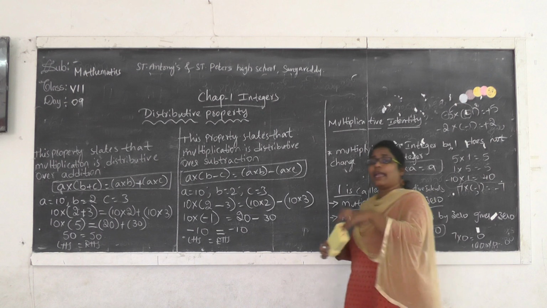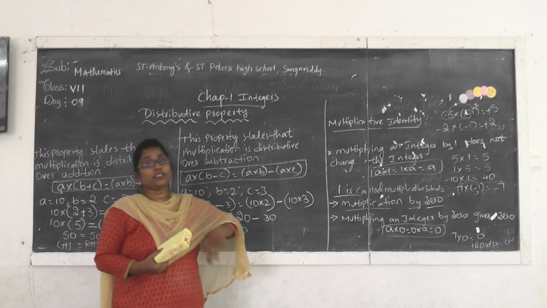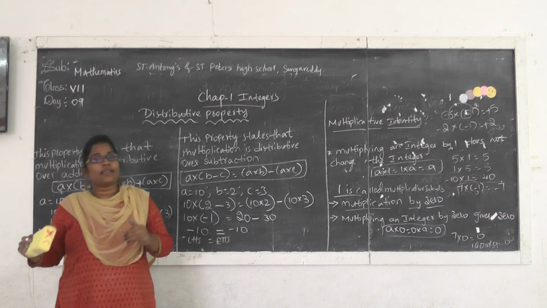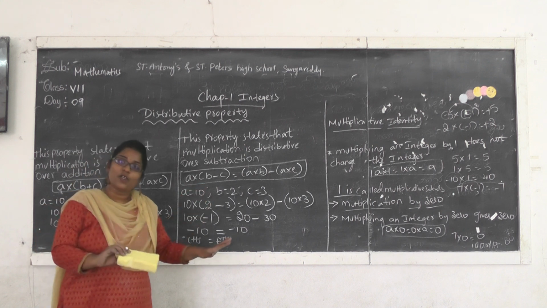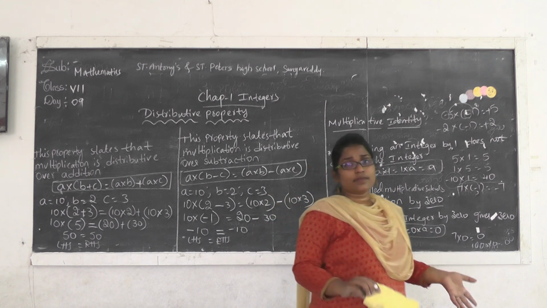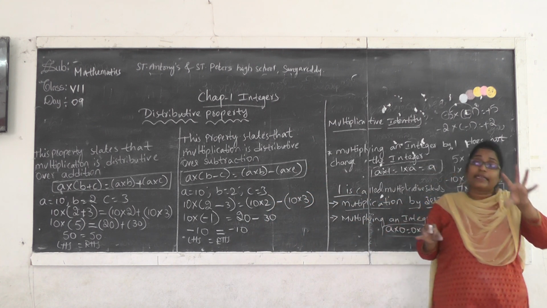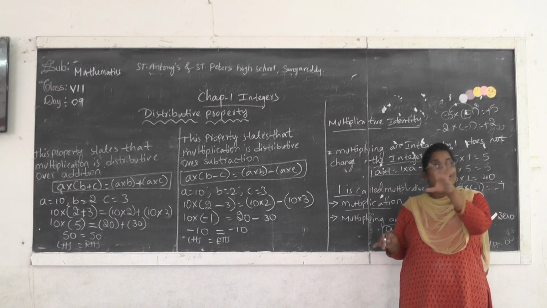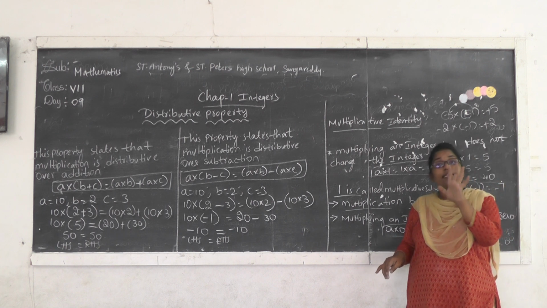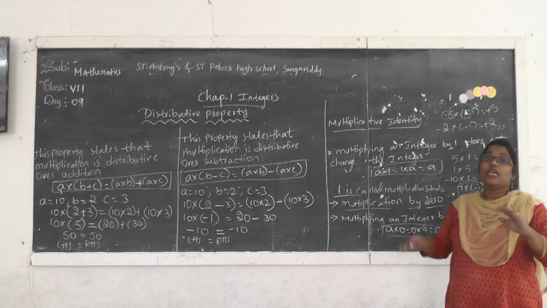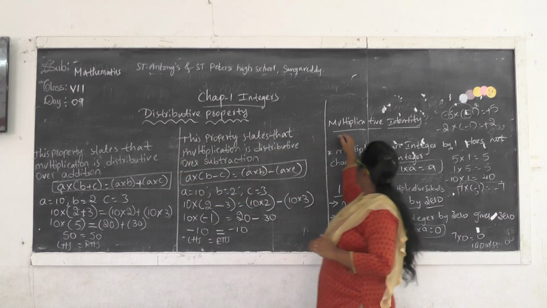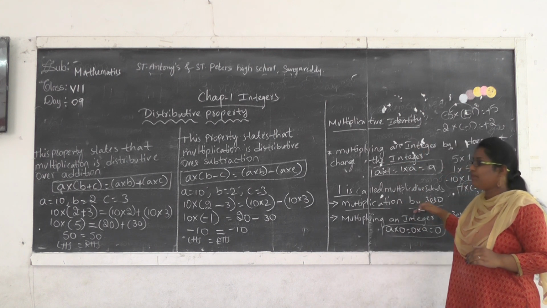If we multiply any integer, even a very large integer, the result will be 0. 1 lakh into 0, 0. 2 lakhs into 0, 0. -1 into 0, 0. -2 into 0, 0. The numerical value may be positive or negative. If we multiply a particular integer with 0, the result will be 0 itself. If we multiply an integer with 1, the result will be the integer itself. Understand? So in this session we discussed the distributive property, multiplicative identity and multiplication by 0.